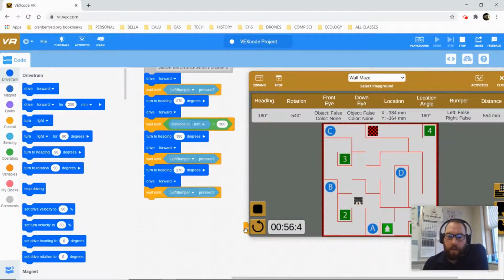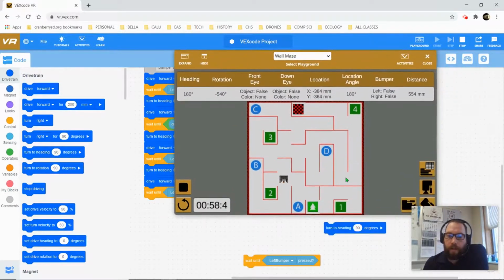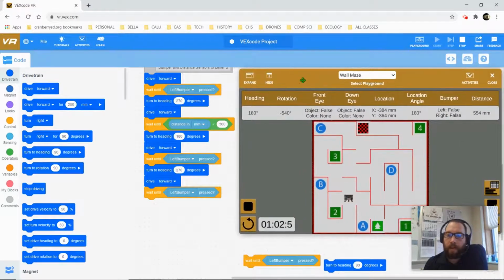All right, so trying to keep these where I can see them so I can make copies as I need. So we have it driving forward, turning, drive forward, hitting, and then we need it to turn